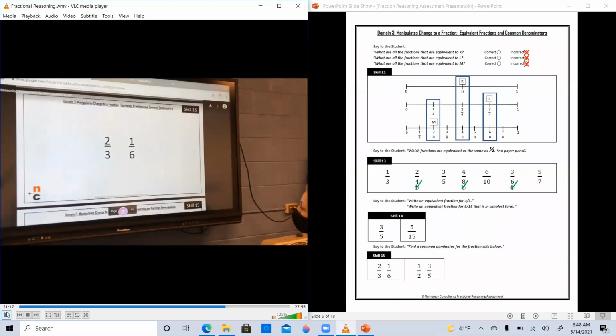He talks for a few minutes about how he knows how to find an equivalent fraction and that they've worked on them. He remembers it and he goes on and on. He's trying to explain it, but he never actually goes up to the board and attempts it. So now we're going to go to another student who actually attempted